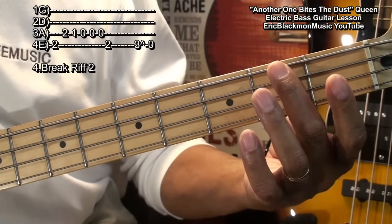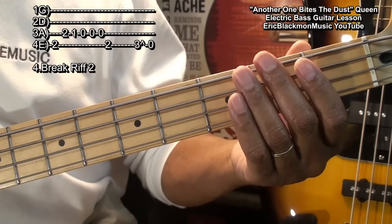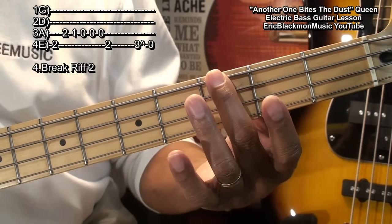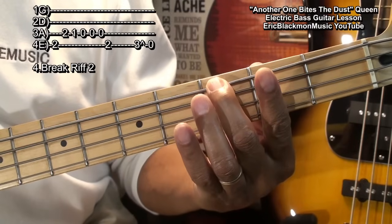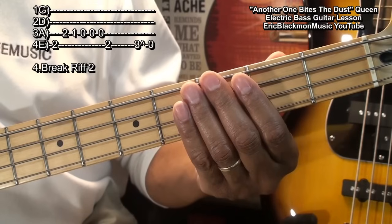Back to the 2nd fret on the E string. Then we'll go to the G note, 3rd fret, bend it, and then open. So again, that's...